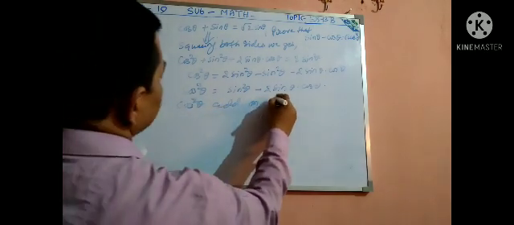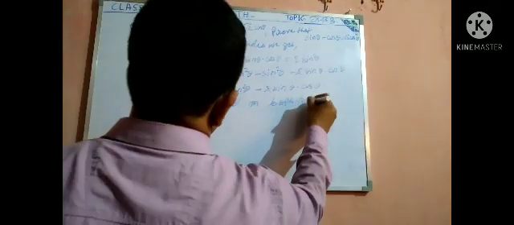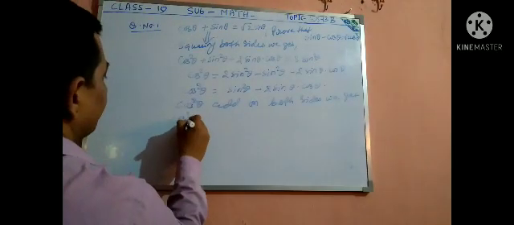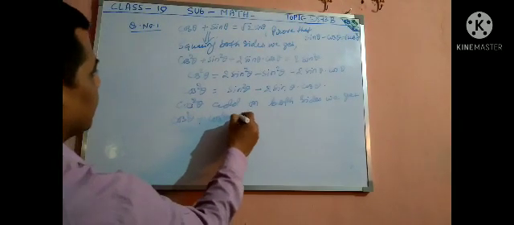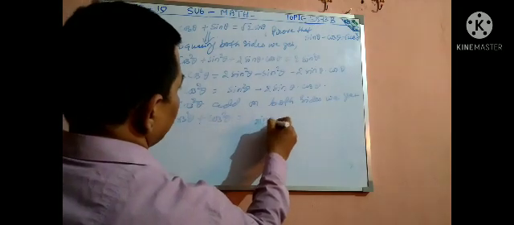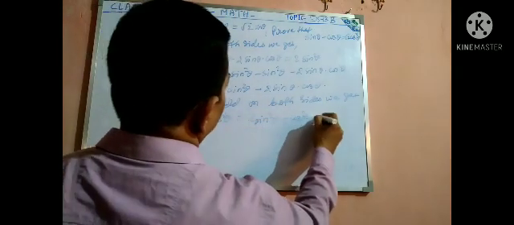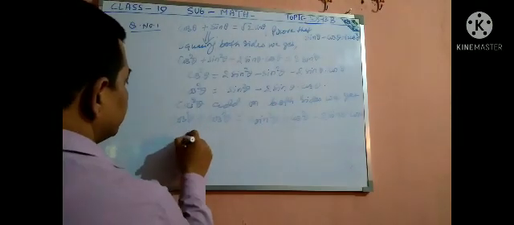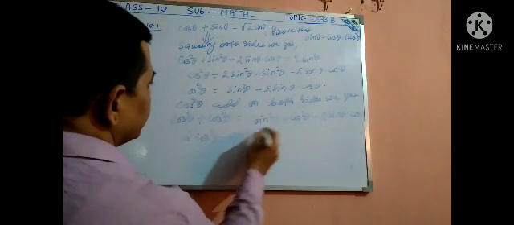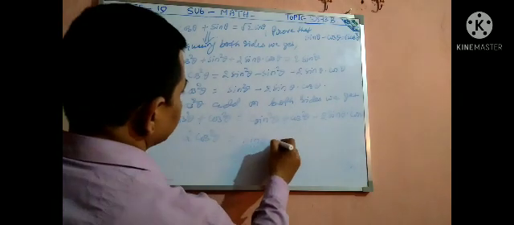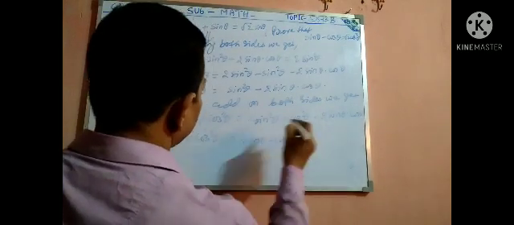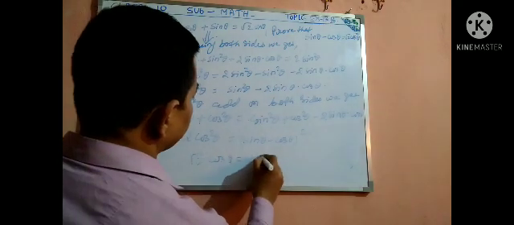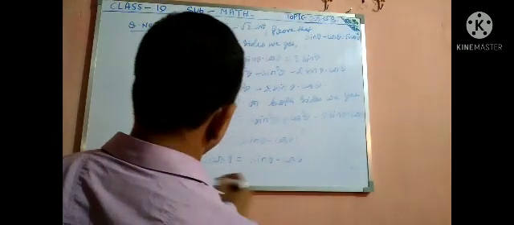added on both sides, we get, then cos square theta plus cos square theta is equal to sin square theta plus cos square theta minus 2 sin theta into cos theta. So that is 2 cos square theta is equal to sin theta minus cos theta whole square, and that is root 2 cos theta is equal to sin theta minus cos theta.